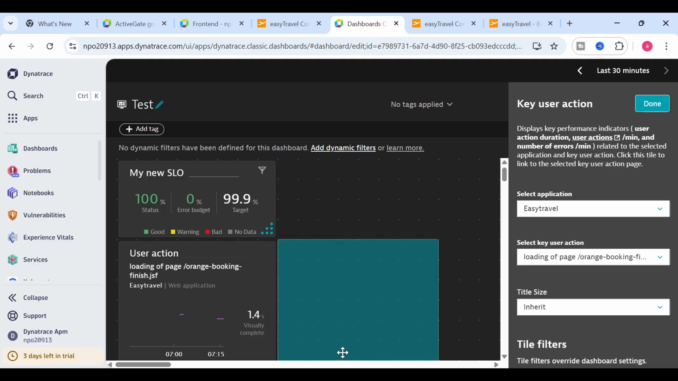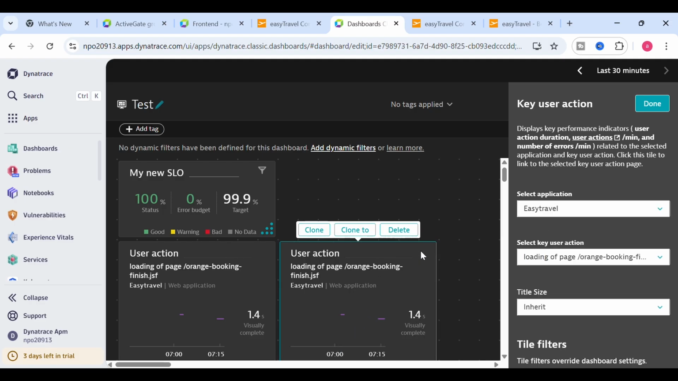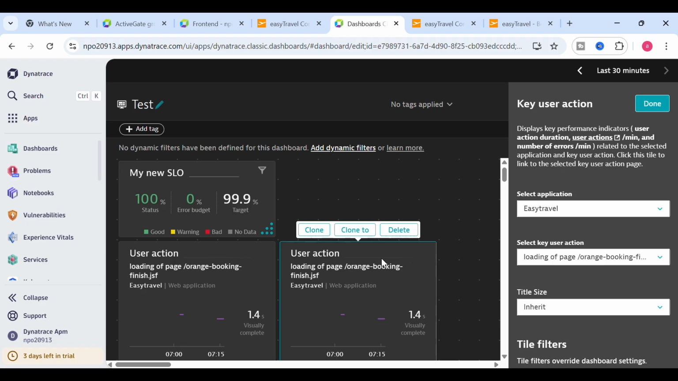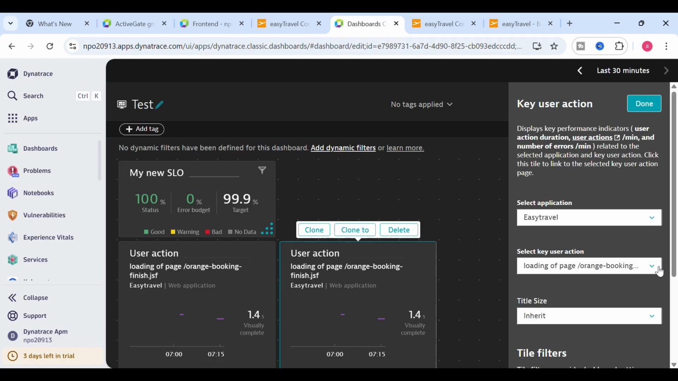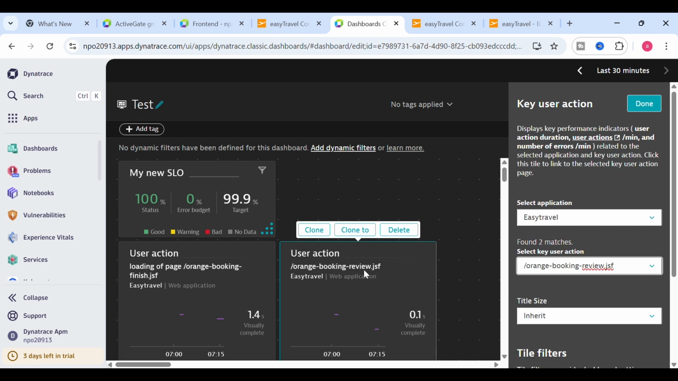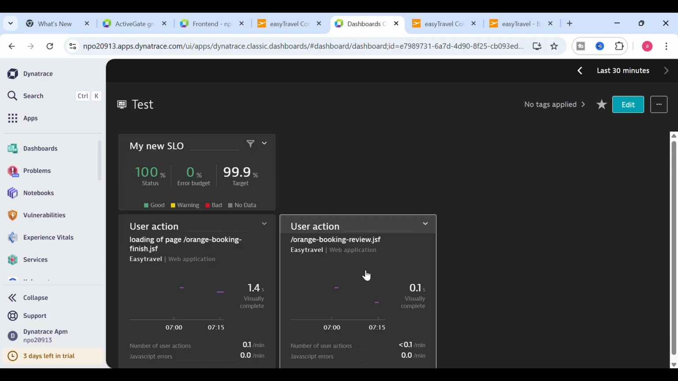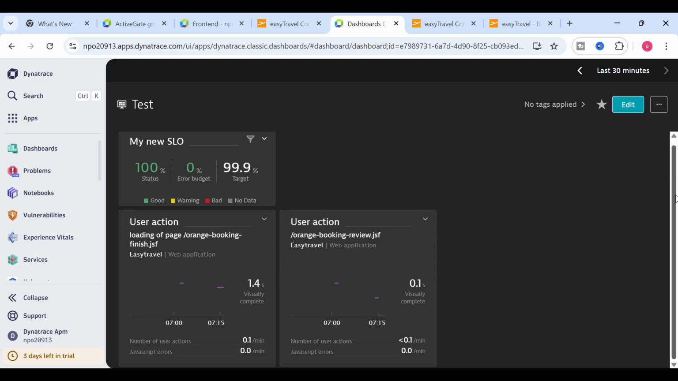So this is one key user action that we have marked, so you can click on the drop down here, and if you have marked any other key user actions, you can select them from the drop down, so that even that will be captured here. In this way you can monitor multiple user actions on the same dashboard. Now going back to the Easy Travel application,